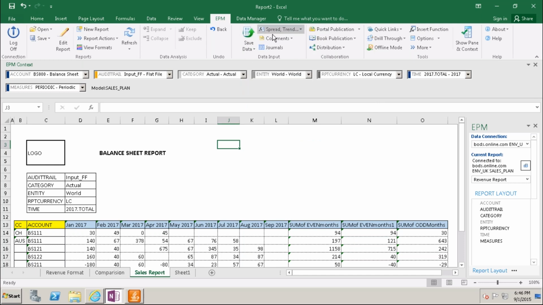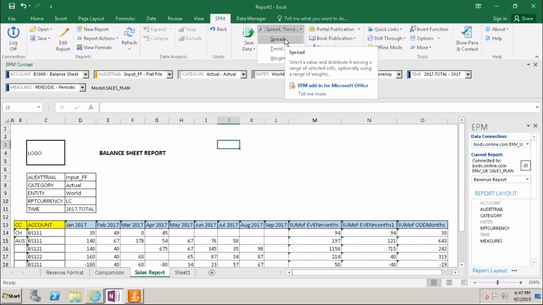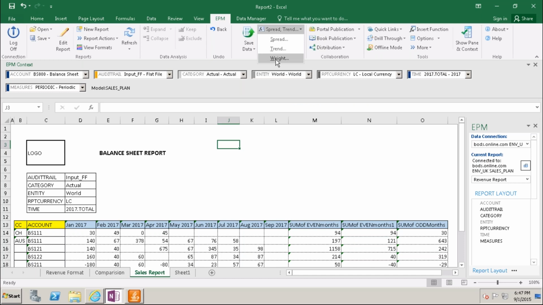And these options, spread, trend and weight, these options we can use rarely. In 100% of the projects we cannot use these options. This is very rarely used, basically based on the requirement.